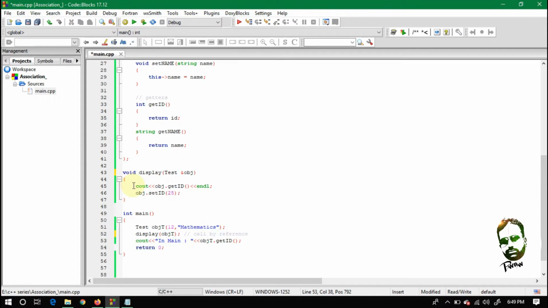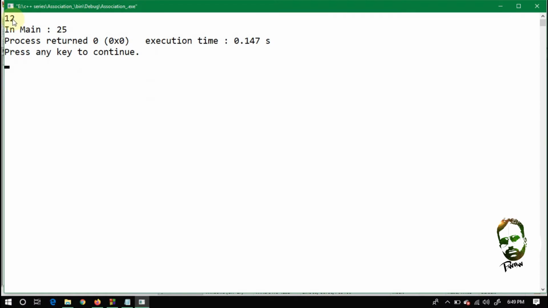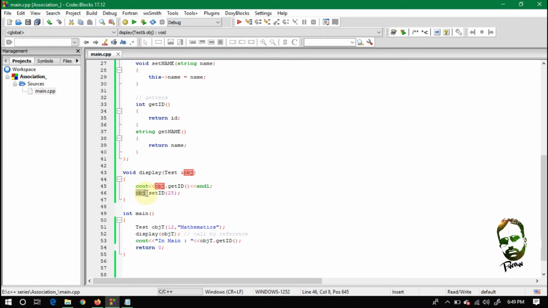So according to me, there should be 12 at line number 45, and after the execution of line number 46, the value at line number 53, after this function call, the value of this obj t id should be changed to 25. So you can see here I changed the value in this function, and the value of this obj t is changed.